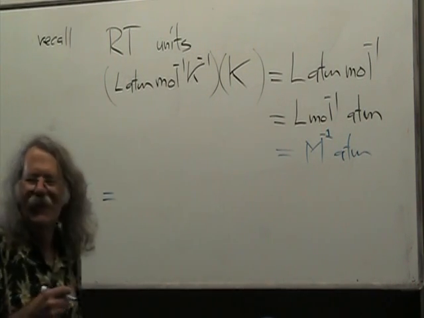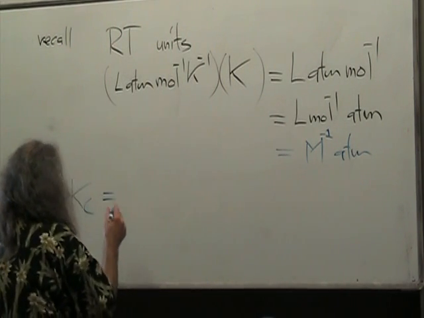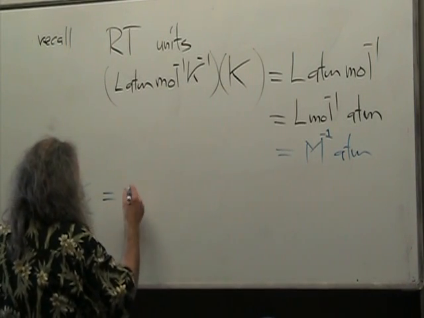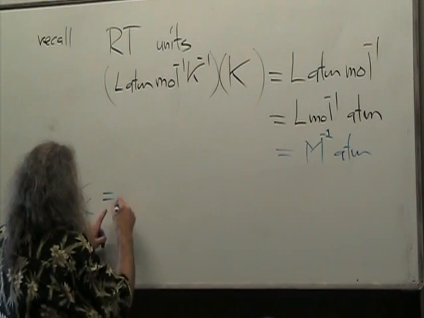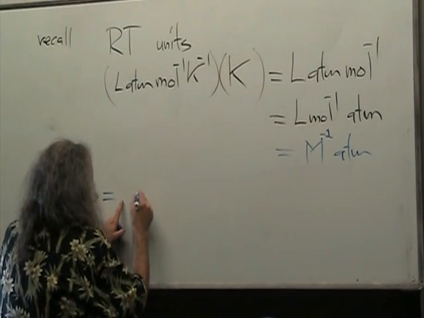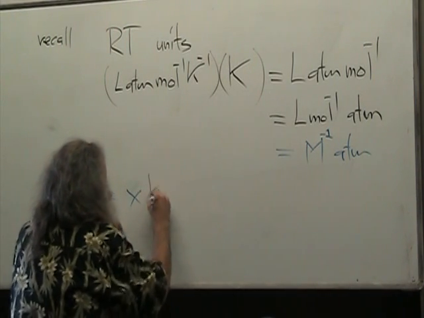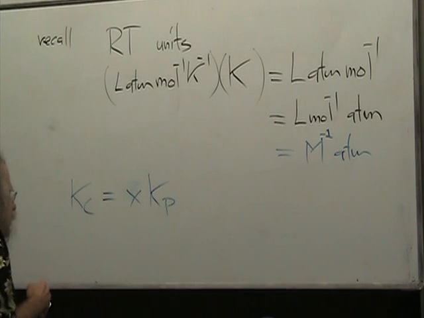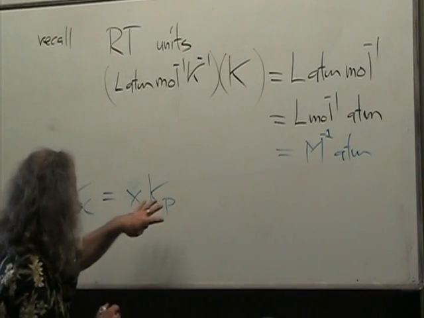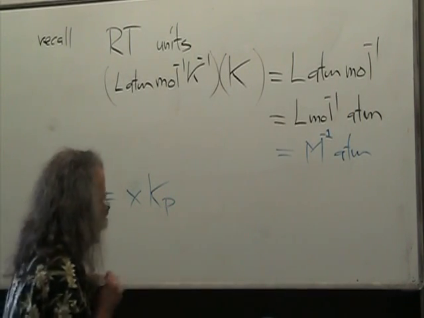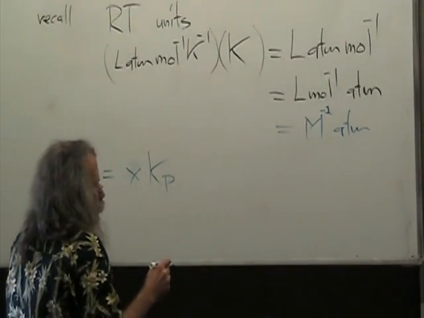Okay, so Kc is going to be equal to something times Kp. Let's just say x times Kp. Now, I want to convert Kp, which is in atmospheres, to molarity, so x is going to be